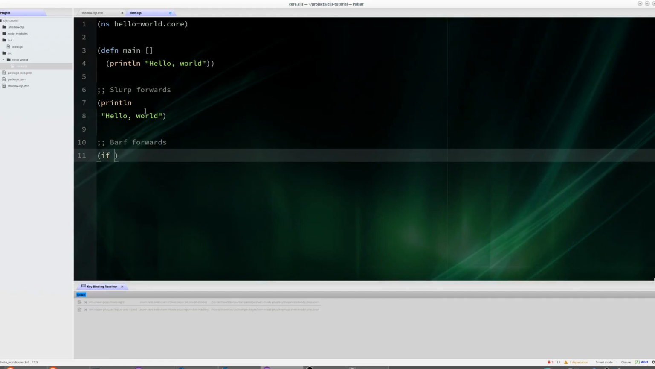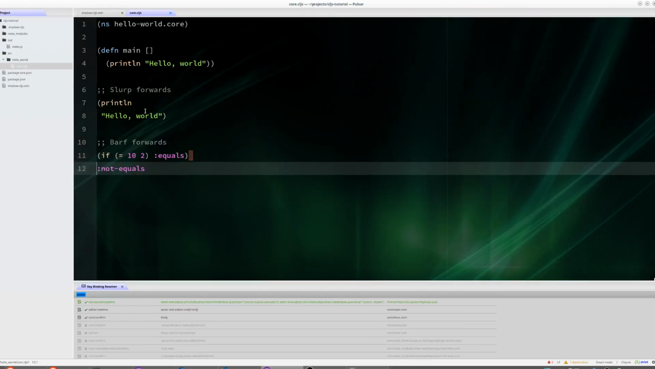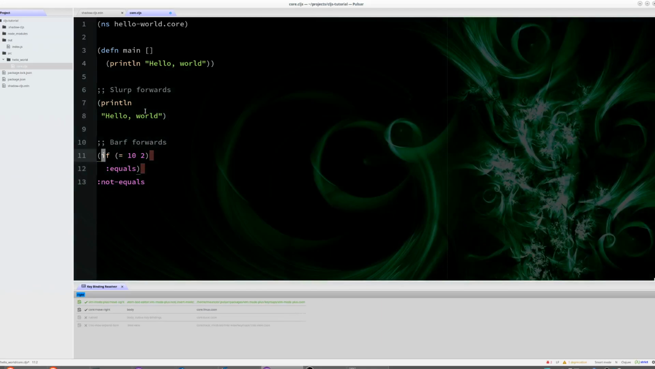So supposing I have, I don't know, some comparison, something like this, and inside this, I want to remove the not equals. Barf forwards basically ejects the elements from the parentheses. And if you look at how Lisp paredit works, you will see that it actually keeps the editor balanced and also keeps the